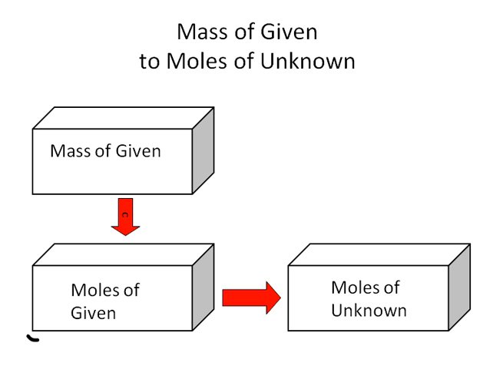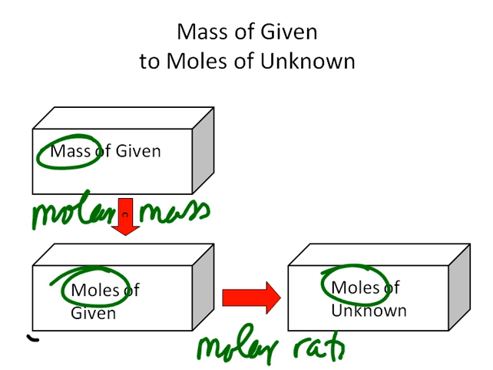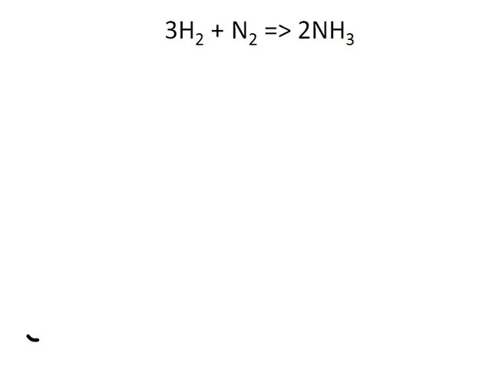The next type of problem is going from a given mass and then getting to moles. Well, if I'm going from mass to moles, I need to use molar mass. If I'm going from moles to moles, I'm going to use a molar ratio. All right, so let's go ahead and take a look at a problem. To keep things simple, we're going to keep using the same equation, but let's change it up a little bit. I want to say I'm starting with